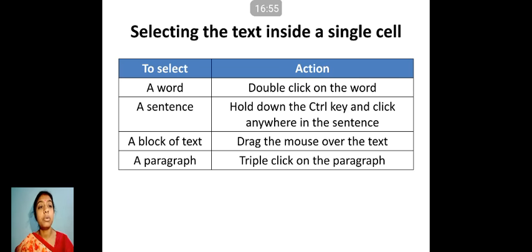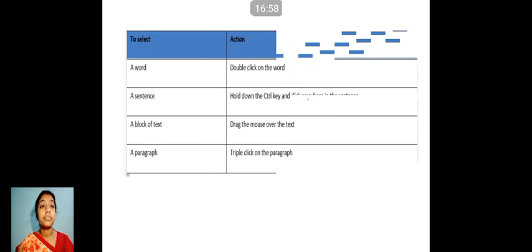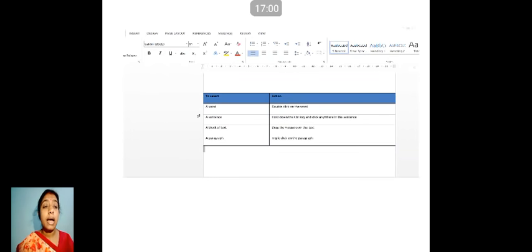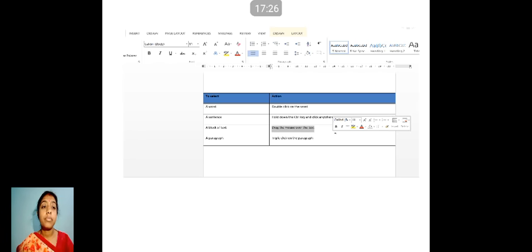I'm showing you the demo. This is the content I have taken. Now I just want to select "double", so I have double clicked on "double". Then if I want to select the entire sentence, I have pressed the Control key from my keyboard and then clicked. You can see the entire sentence is selected.